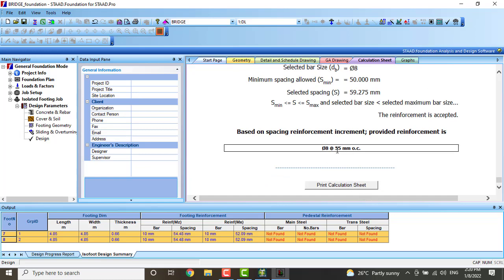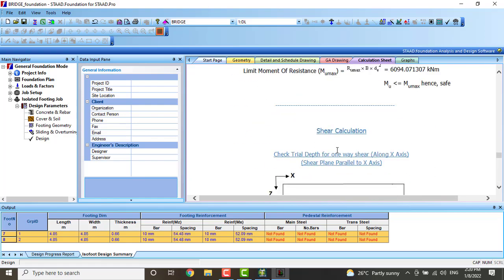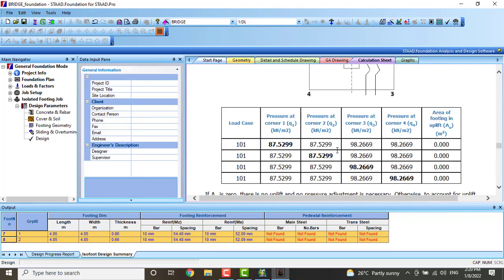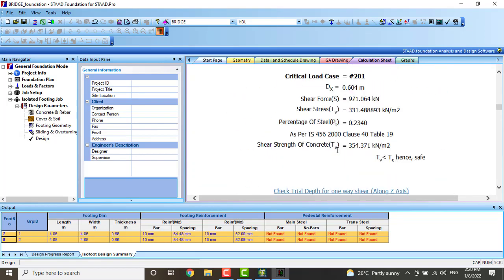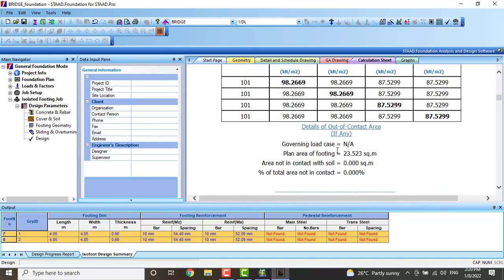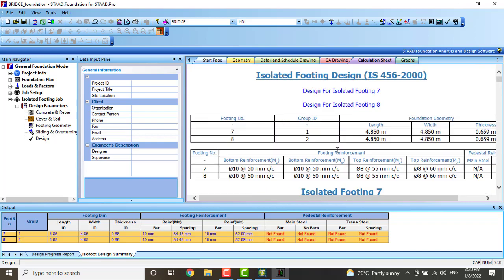Print calculation. Here all the formulas and calculations will be maintained. Lastly, footings: which type of footings we have to use, which dimensions should be taken, which is mandatory. Okay, these are the isolated footing designs.